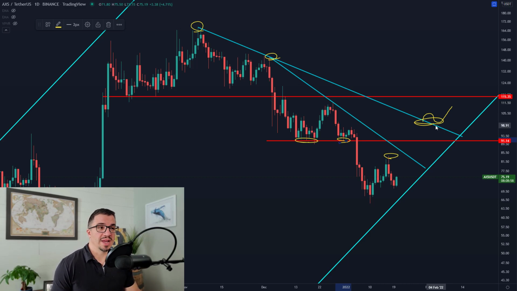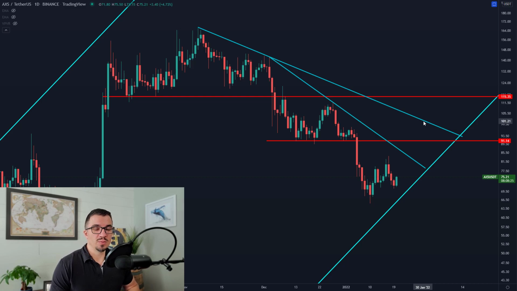But then of course, don't forget that we also have 115 to deal with, which was support back here and then resistance. I know that there's a lot going on here, but as I said, this is pretty typical when you get several months of downward to sideways price action. The market is naturally going to build up a lot of resistance levels, which clearly we have here. Again, I do think the market has an opportunity to move higher once it does start to carve those higher highs and higher lows, gets above some of these resistance levels, especially this area up around $100.